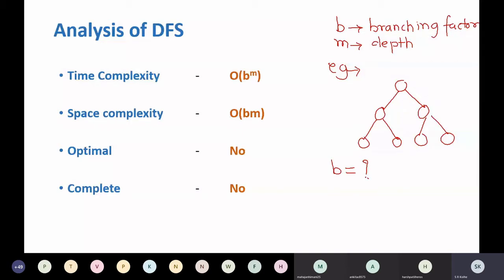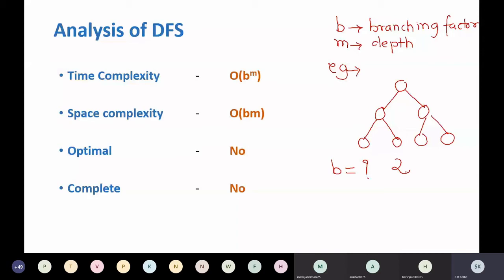That means how many children are there for each node. So what is branching factor B? 2. Correct. B is 2 in this case, because every node has 2 children.